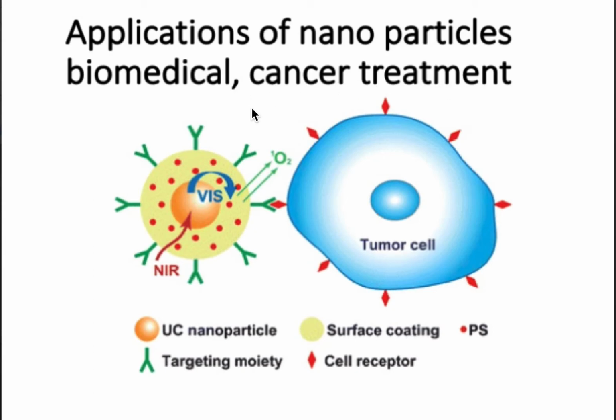Here one functionalizes the quantum dot to attach to a tumor cell. It is also functionalized to make singlet oxygen and radicals that are toxic to the tumor cell. The reaction is triggered by visible light generated by an upconversion process in the quantum dot in response to near-infrared